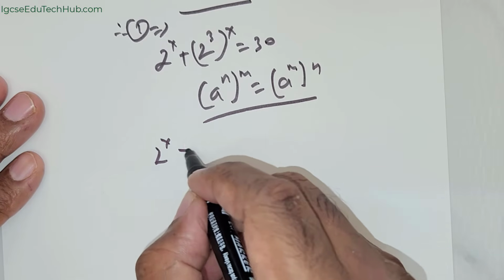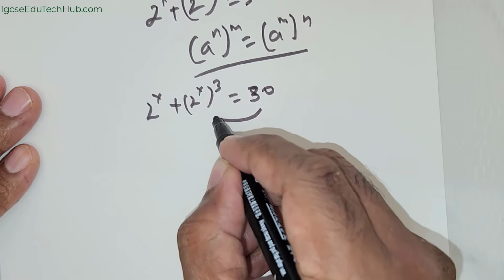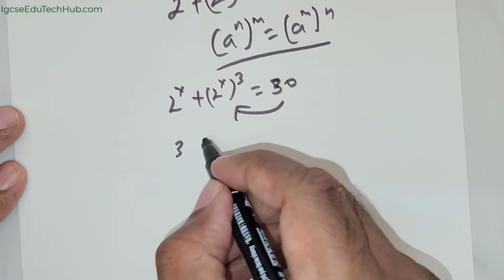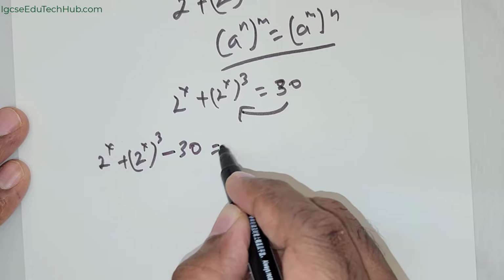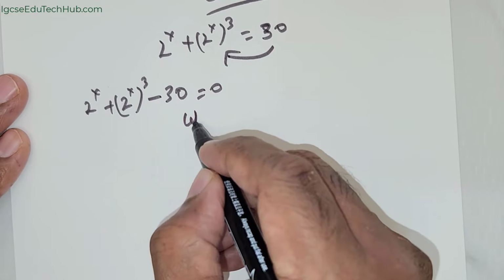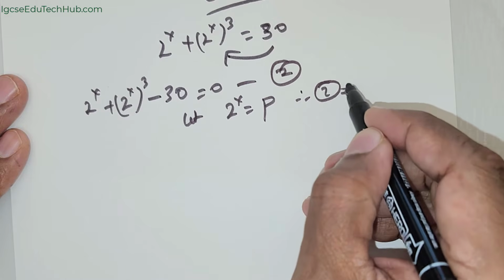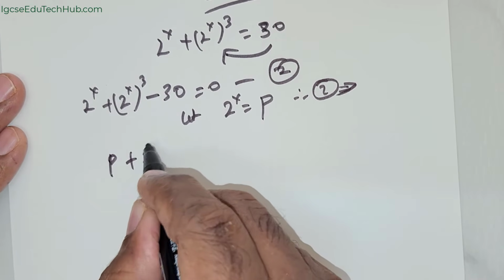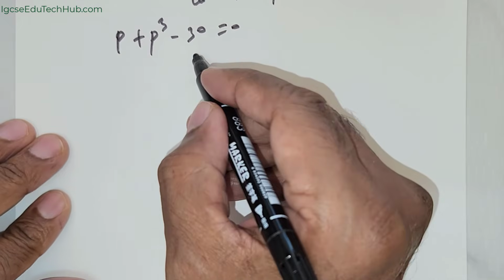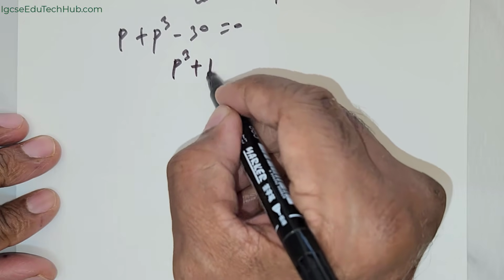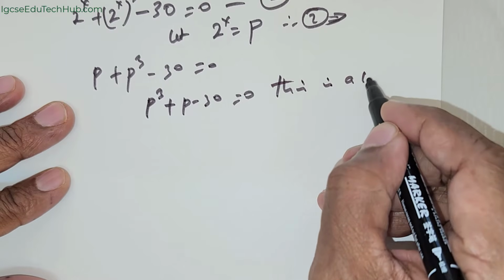So this is going to be 2 raised to the power of x plus (2 raised to the power of x) whole raised to the power of 3 is equal to 30. Now you bring this 30 to the other side. So that would be 2 raised to the power of x plus (2 raised to the power of x) whole raised to the power of 3 minus 30 is equal to 0. Now let me take 2 raised to the power of x is equal to p. Therefore I can rewrite this as p plus p cubed minus 30 is equal to 0. So I would rewrite it like this: p cubed plus p minus 30 is equal to 0. Now this is a cubic equation